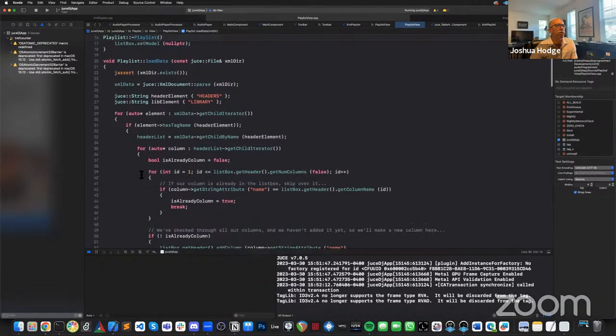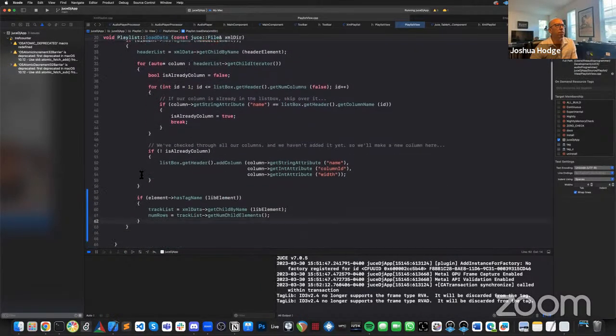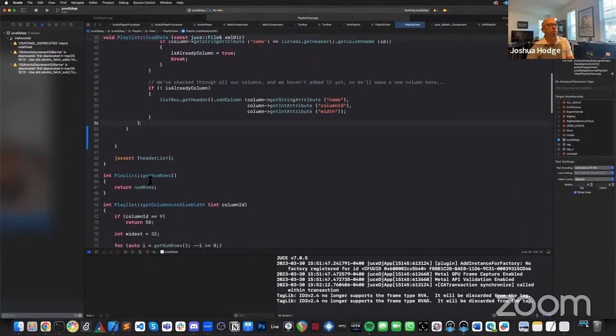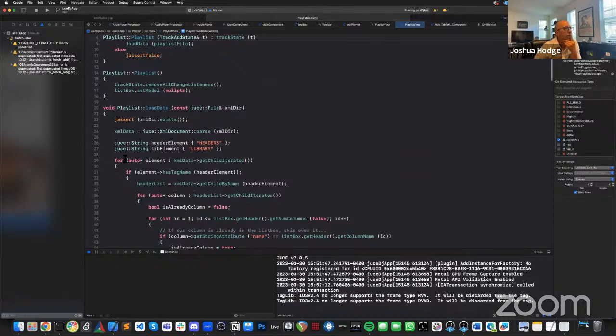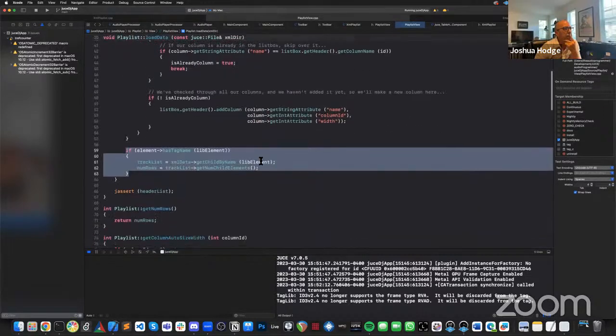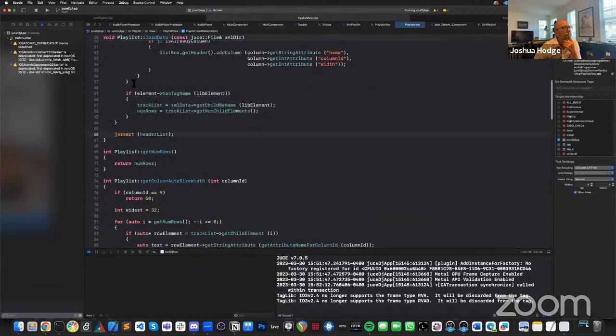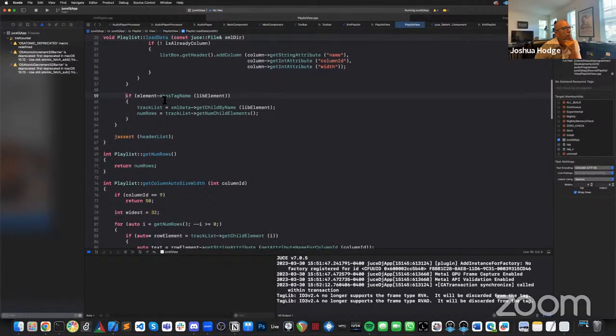So where is it getting element? Oh, no, that's in there. So for all the elements in the child iterator,